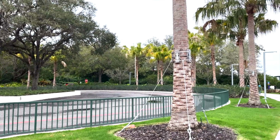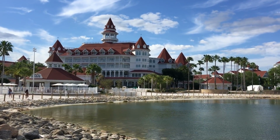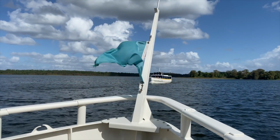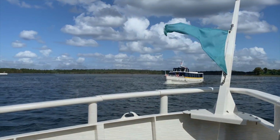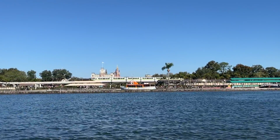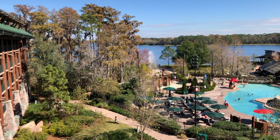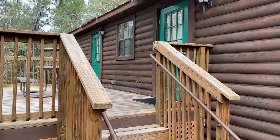You can literally walk to Magic Kingdom from any of these hotels. But you just have to have the energy to get back at the end of the day. Disney's Wilderness Lodge and Disney's Fort Wilderness Resort and Campgrounds also have a water taxi service to and from the Magic Kingdom. So if you'd rather stay outside of the monorail resorts and maybe pay a little bit less, not much less, but a little bit less, then you can check those rooms out, especially since the Fort Wilderness cabins